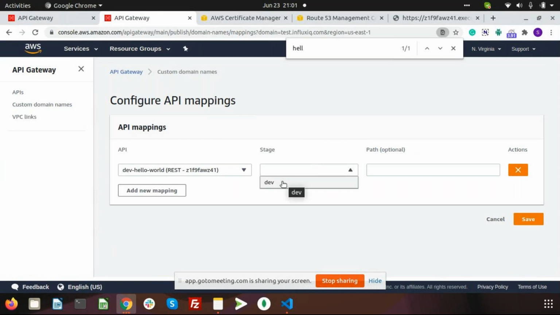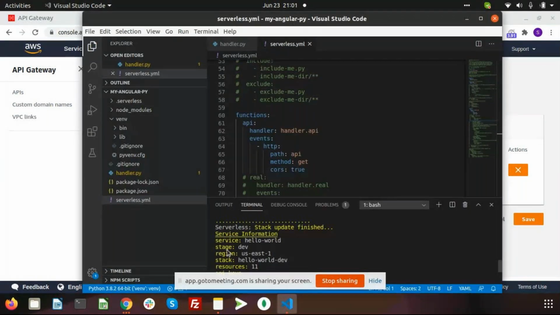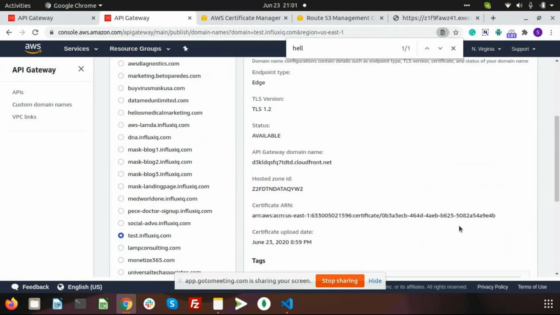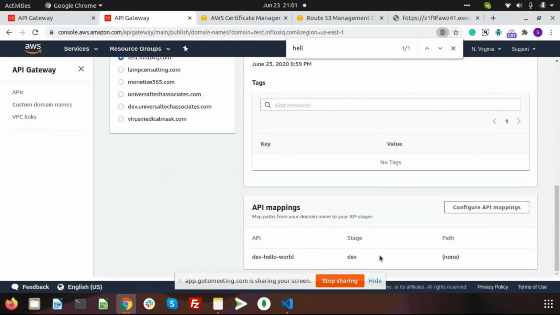It has been deployed in a development stage. As you can see, the stage is dev. So we just need to add the API mapping in the stage. The path is not needed. Then we can click on save, and the API mapping is done.